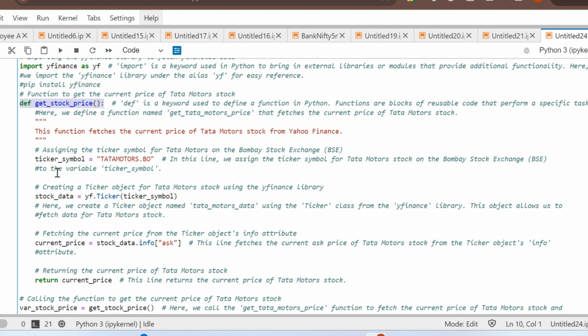we will first create a variable, ticker_symbol, to assign the name of the ticker that we need to get the price for. Here we are assigning TataMotors.BO. Here BO is for Bombay Exchange. If you want to get the NSE price, you can put NS. Okay, let me put BO,